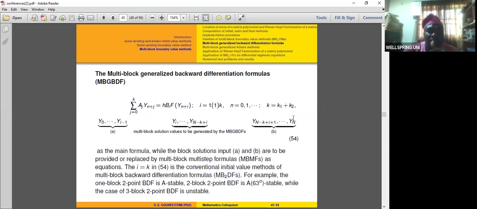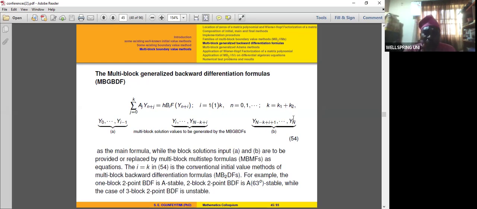So for the first one, we have the formula given in equation 54, where the A and B are expected to be derived. Here, if you go to the left-hand side of the formula, where we have HBIF of yn plus I, you observe the conventional backward differential formula, where we have I is k,